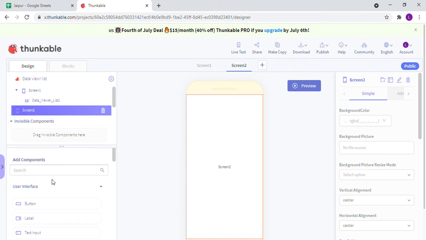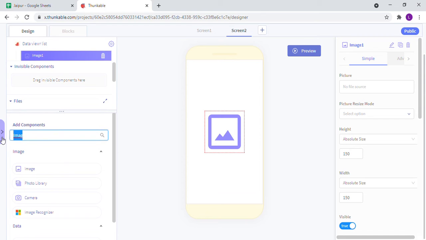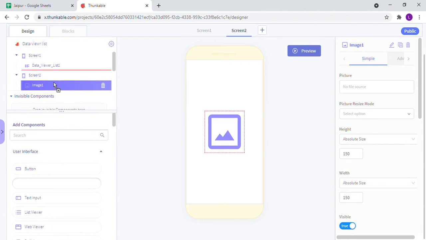So in designing there is not much. We just need an image, not an image recognizer, image, and two labels which should be beneath the image. And one more.